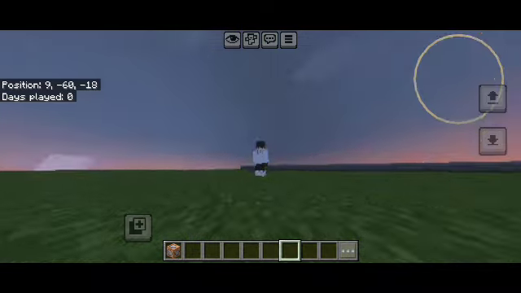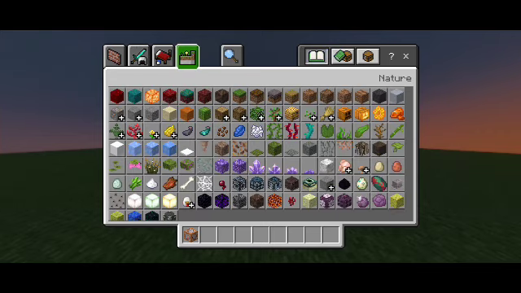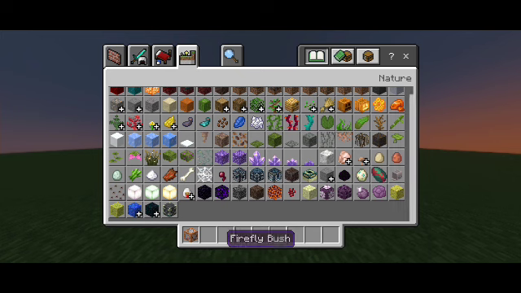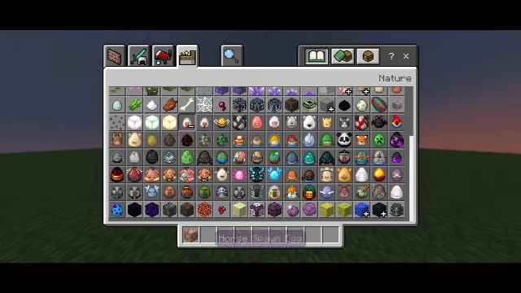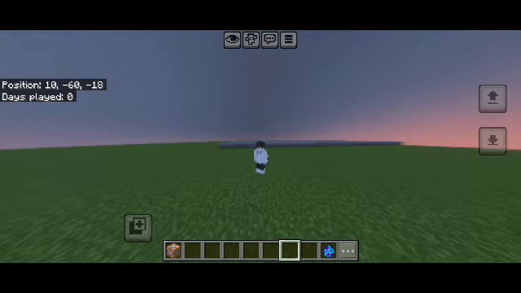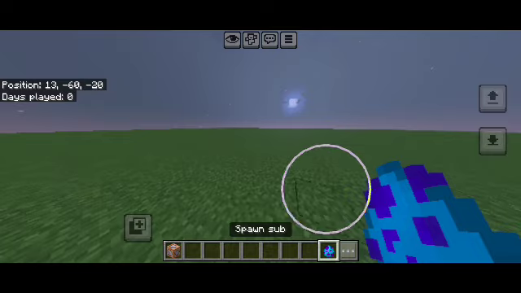Now you're gonna open your inventory and you can find that in this icon here. Click this chicken egg icon, click your mouse and the first person here, and you're gonna spawn this mob.